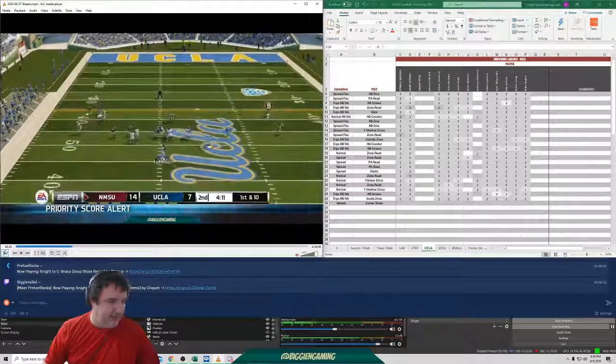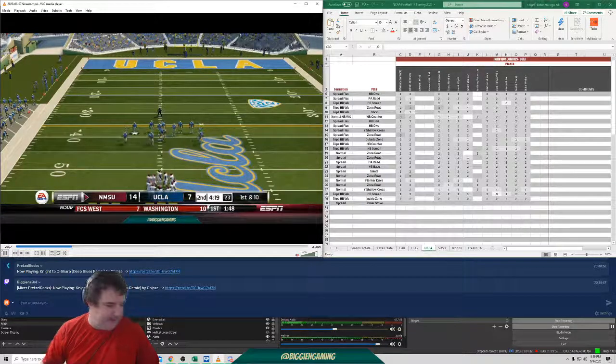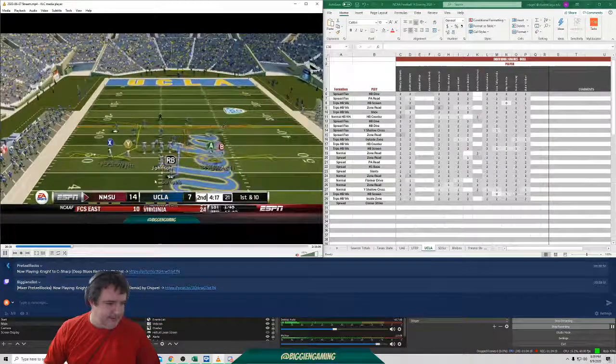Pre-snap, okay? We're getting man coverage, right? They're bringing a blitz. Should have enough. Pick up, pick up. Comes the blitz. You're getting picked up by my back. Everybody's picked up, except our one dude here. Max. Max. My center.